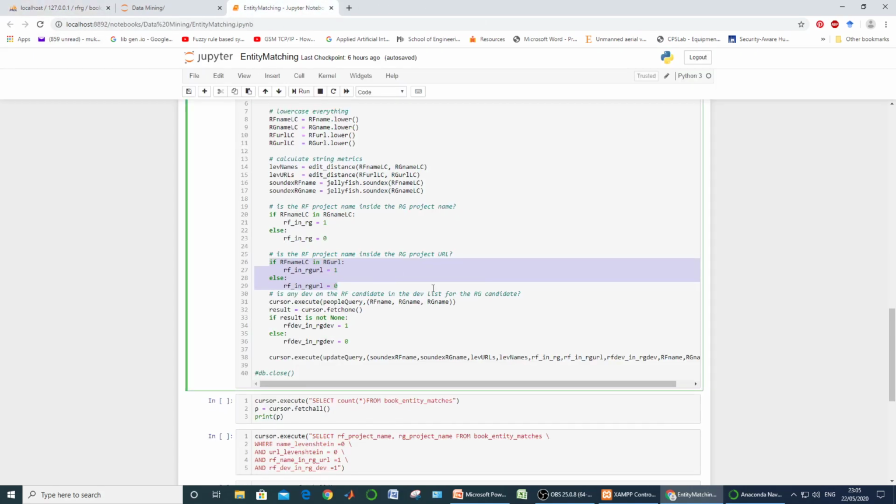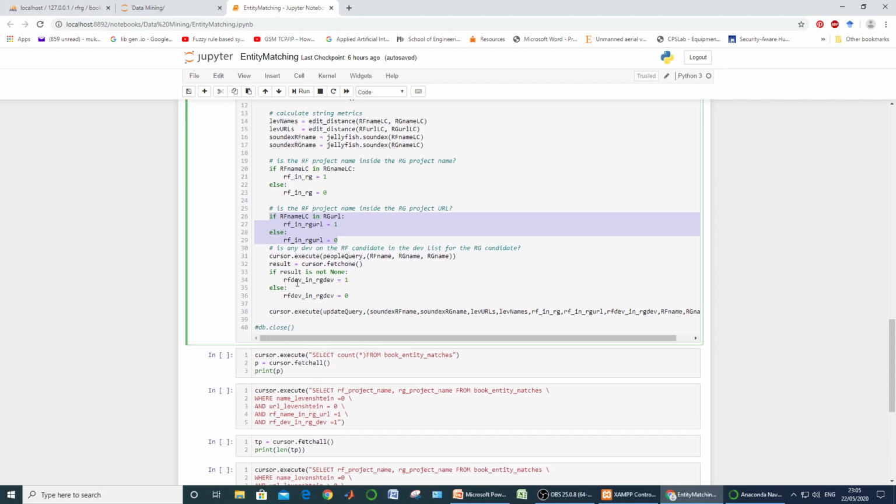Now for this last one, we have to execute a cursor, that is cursor execute people query, that we have just looked at. This people query will be called with three arguments. One is rf name, let it be a, then rg name, let it be b, and rg name again, b. So it will be called with a comma b comma b.